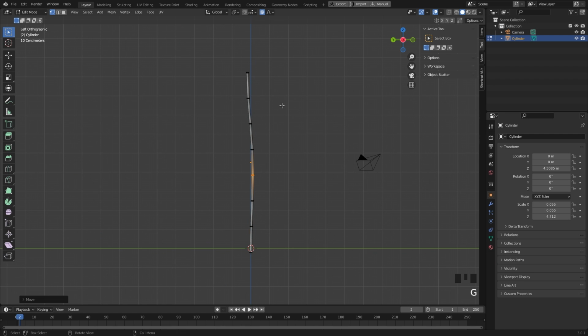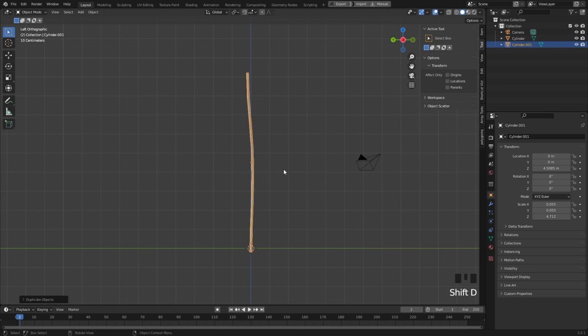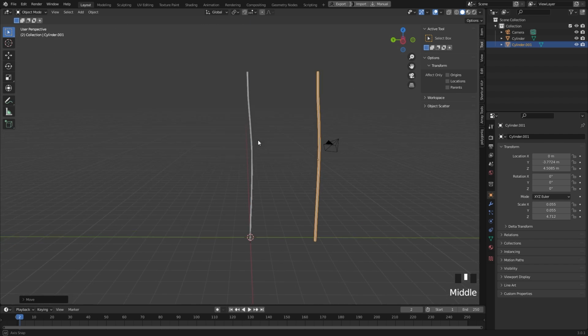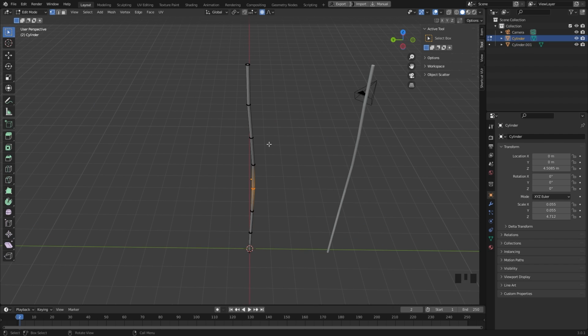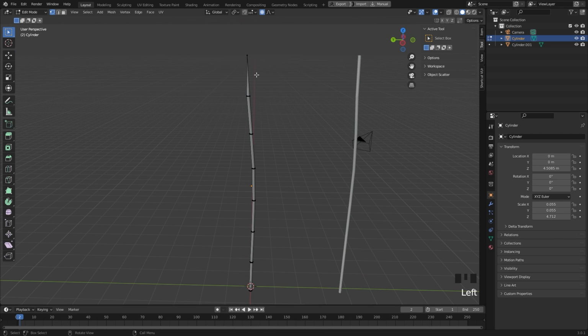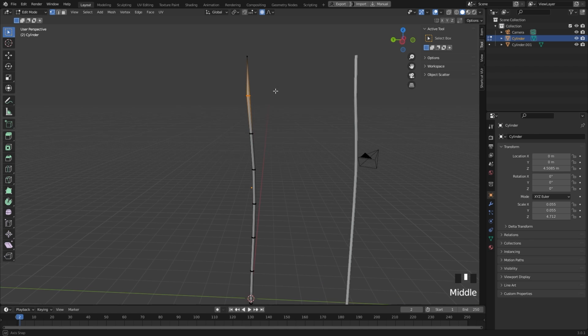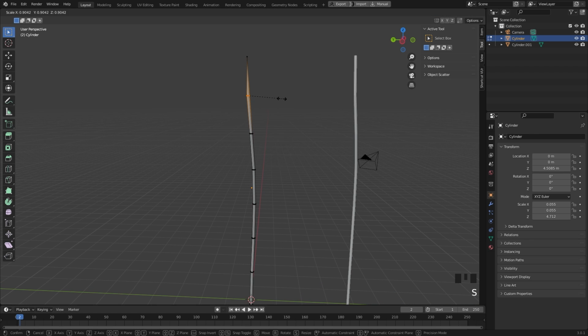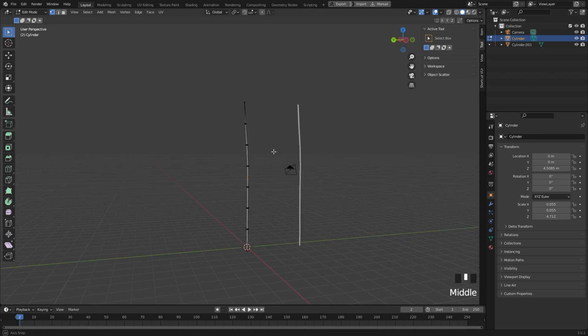Maybe something like that. Then we're going to duplicate it, move it over to the side. This is going to be our branch that we're going to attach to the stem here. One difference between these two is that I'm going to take the top part and hit M, and center or merge it in the center, and just scale this down a little bit so it tapers up